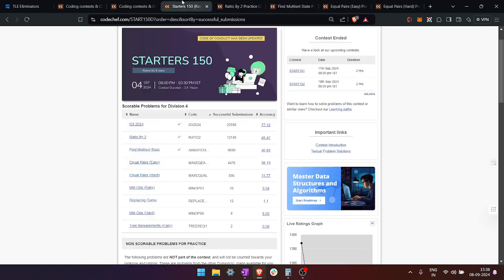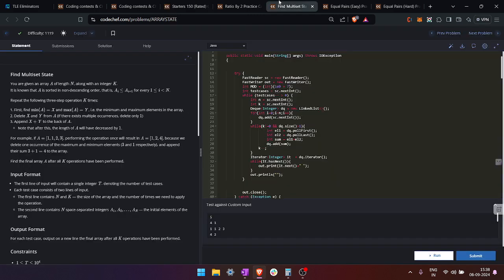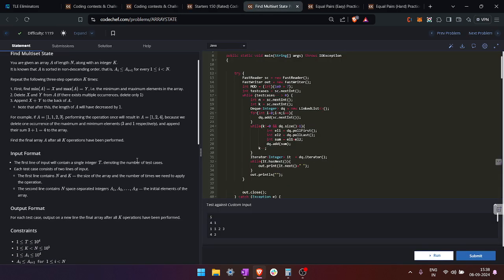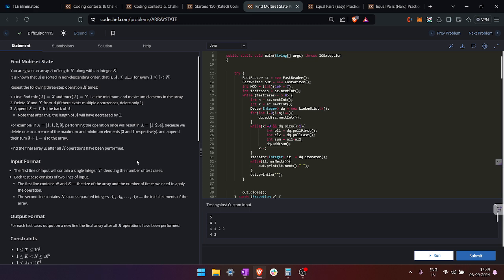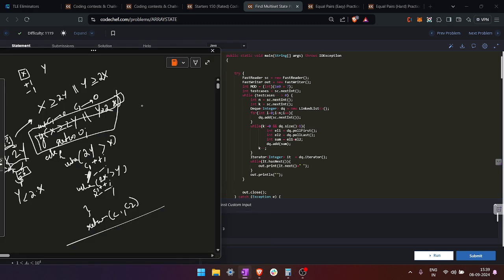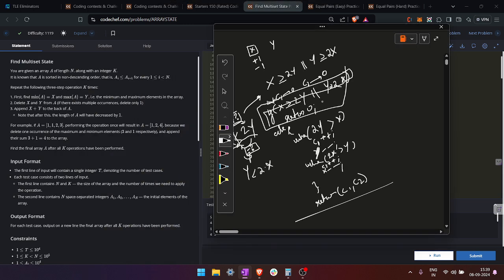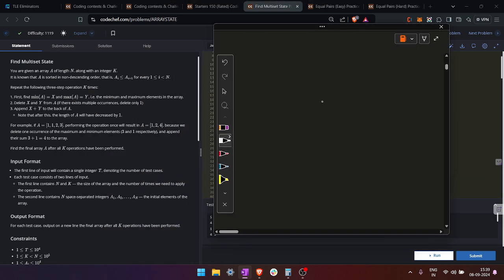So let's move on to question 3, which is the multi-set question. In this question, it's pretty easy to understand. Here we are given basically an array,